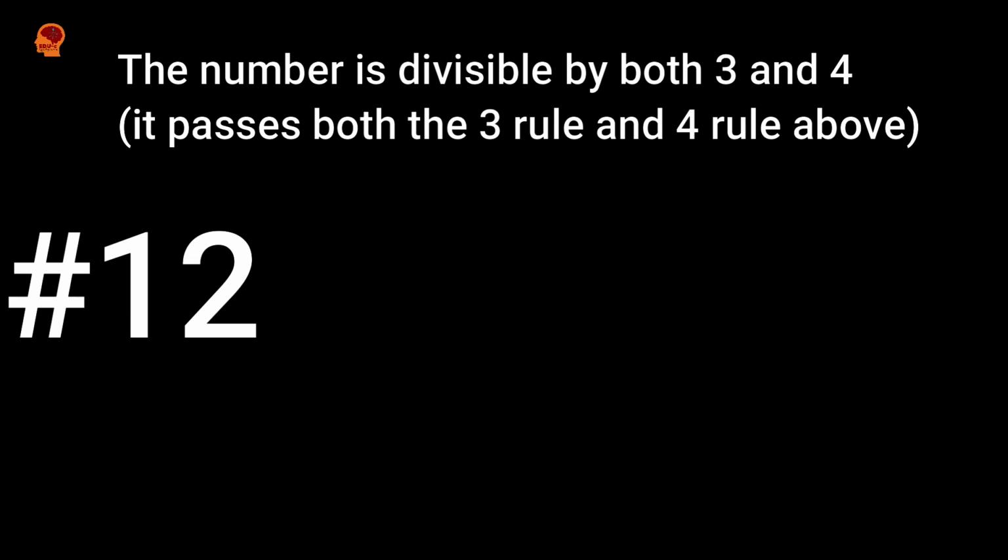12. And this is very simple. Rule 4 and rule 3 go with this. The number is divisible by both 3 and 4. If you have a number that is both divisible by 3 and 4, that number can be tested with 12, or that number is tested to be divisible by what? 12. Okay, so when you have a number like 648,